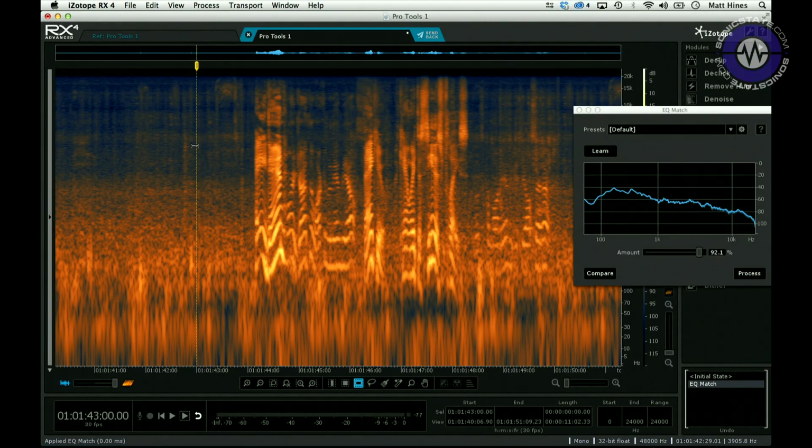It sounds a lot warmer, a lot richer, and that's exactly the same way I would use it to match microphones on two different instrumental takes, for instance. And you might also take some of that noise out and just bring it a bit closer. There are other processes you could apply additionally to bring it even closer. In fact, one of the things I would do that is a new feature in RX